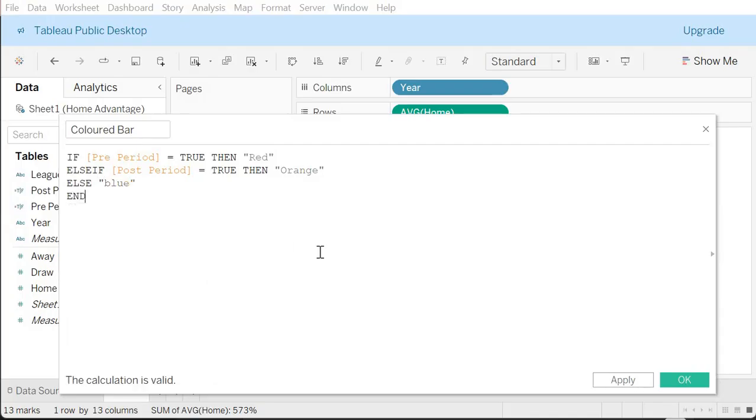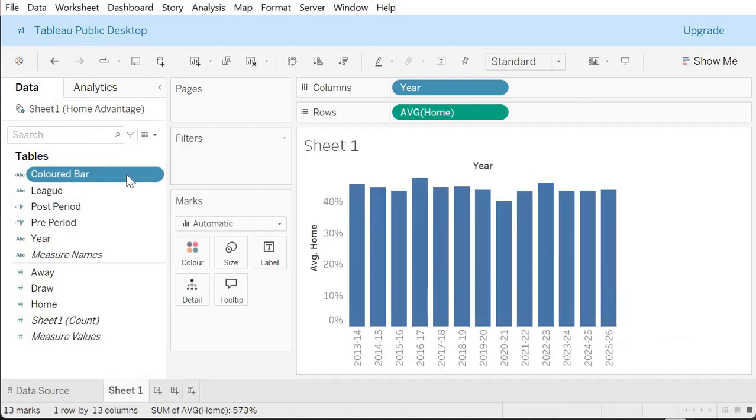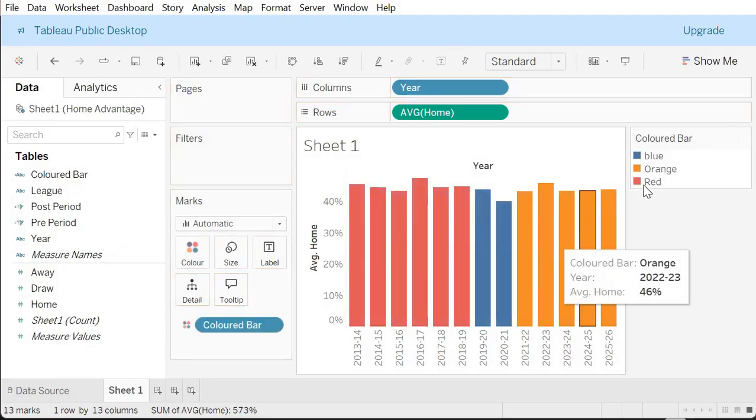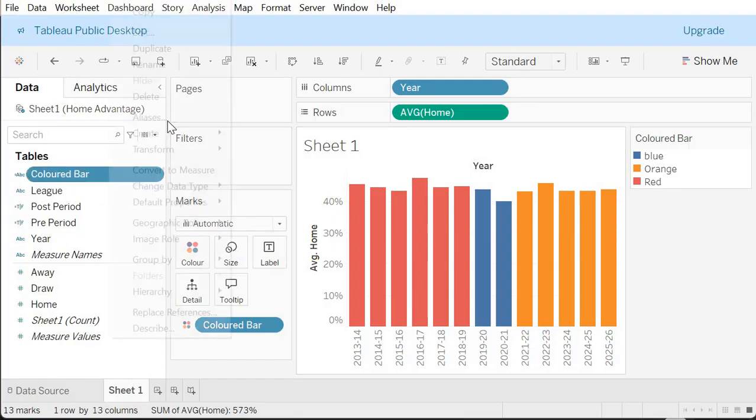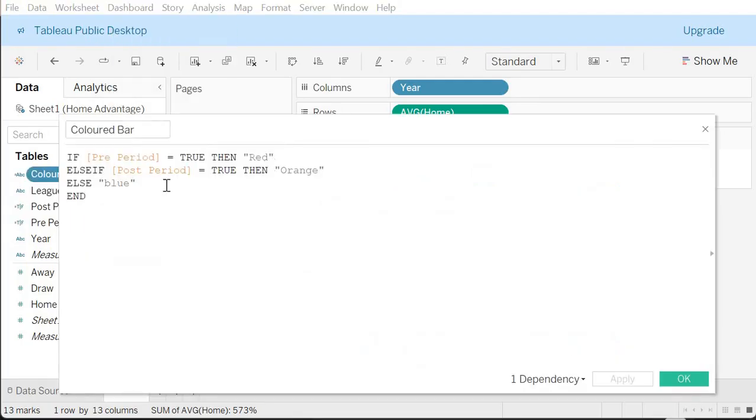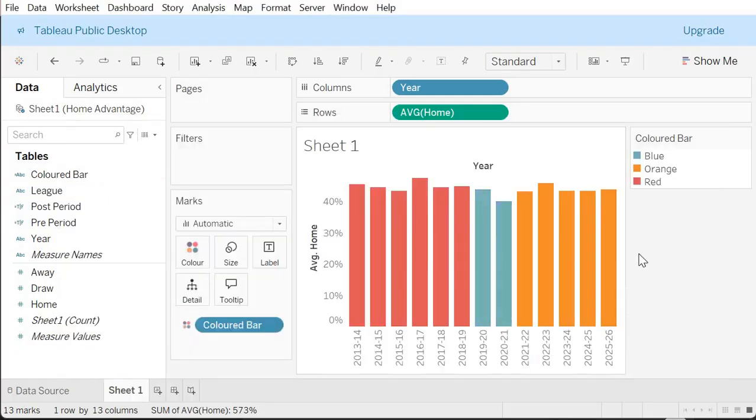End. Now, these might not actually make the colours you want, but I'll show you how we can get around that. So we're going to press OK there. What that'll do is put that in from here into our colours bit. You can see actually I've done the actual colours there. So our red, orange, blue. It might not always do that as such. I'm just going to change this because it's annoying me, but I've got capitals on them too. So I'm just going to put that in here. I've just picked the most basic ones, so you'll probably get the same colours I get in there,